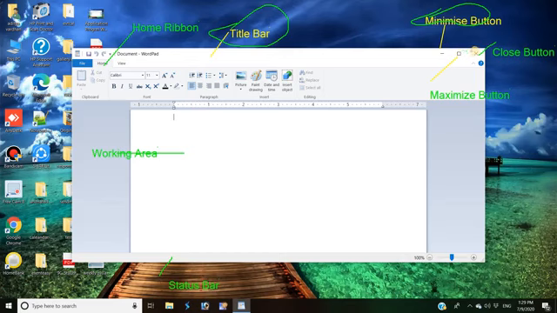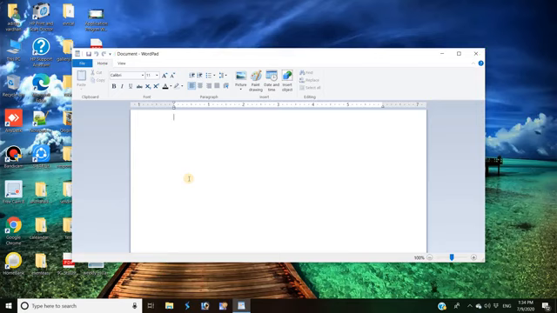This is the close button. If you require to close the application program window, we'll have to click the close button. This is the status bar and this is the working area. So these all are the components of the application window. Here we can type anything. Modern English school. You can type anything.